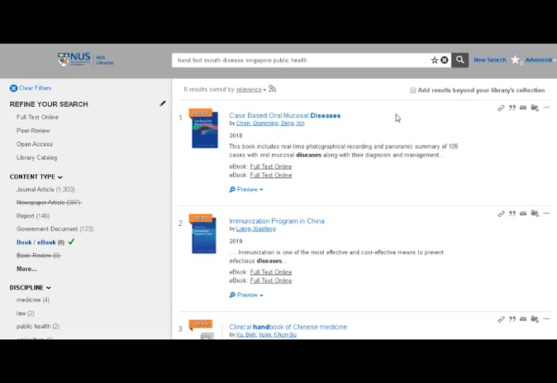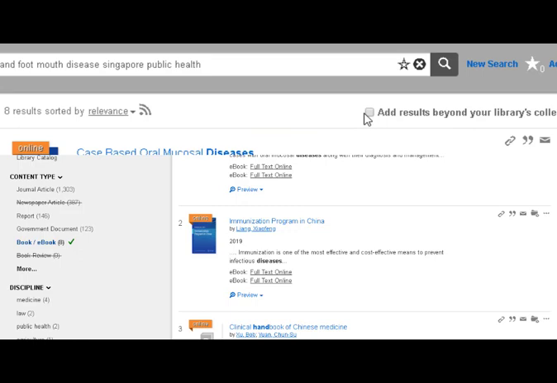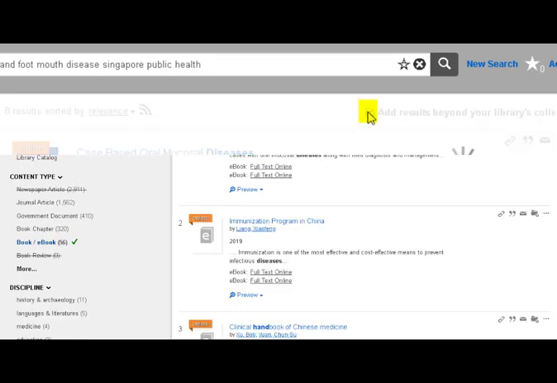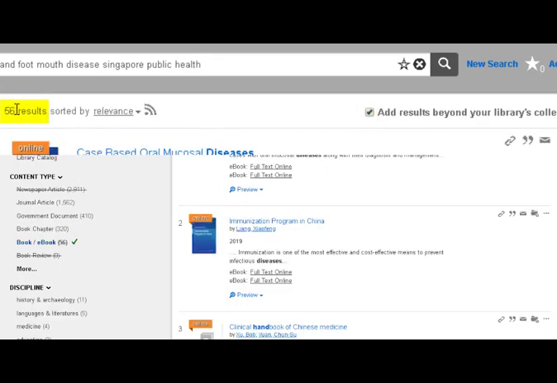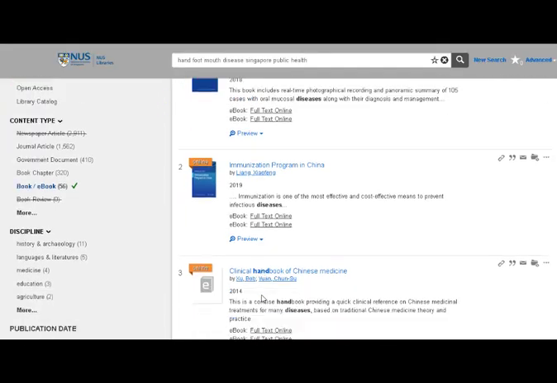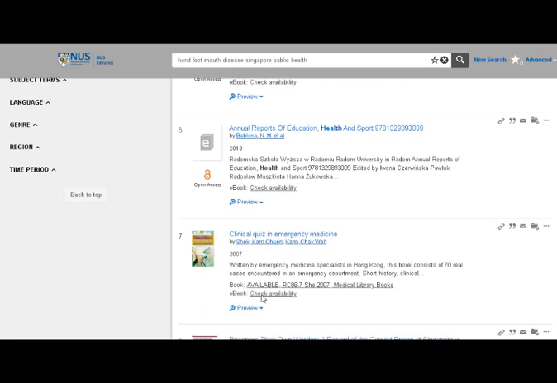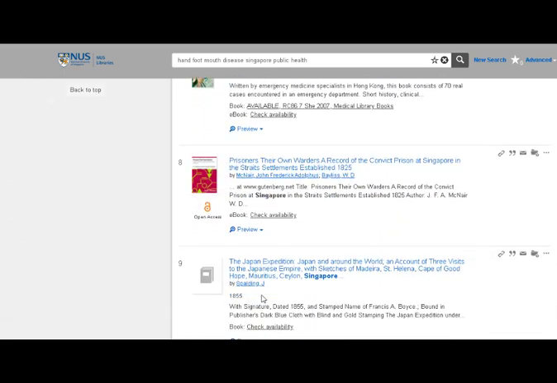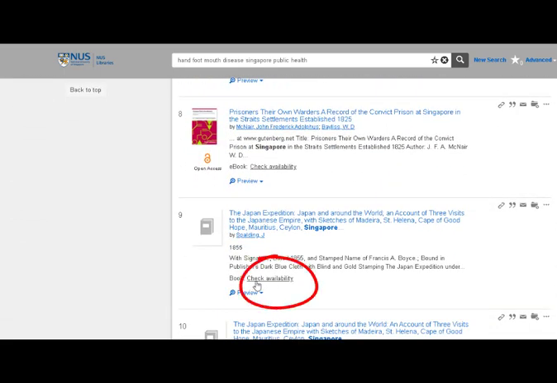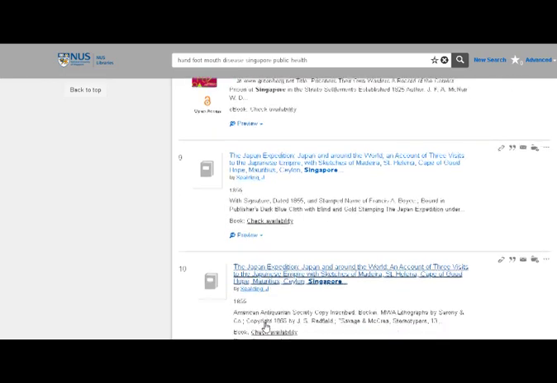Last but not least, you can add results beyond the library collection by checking this tick box, and now there are 56 results on ebooks or books. Click on Check Availability to see how to get hold of results that are not part of our library's collection, for example over here. If you see result number 17,